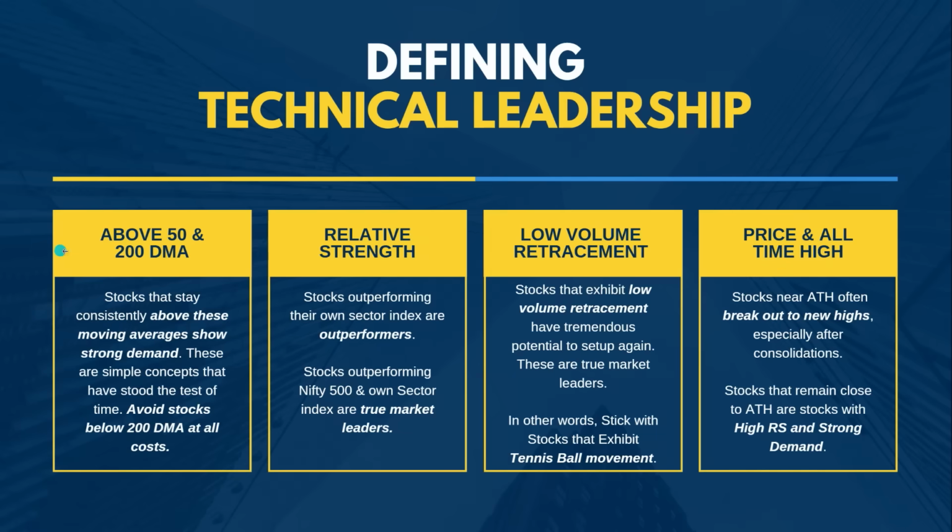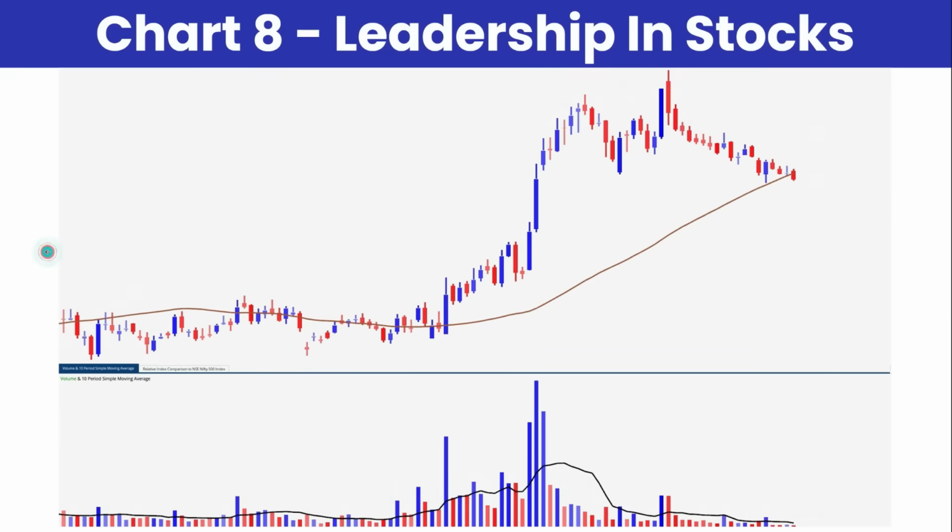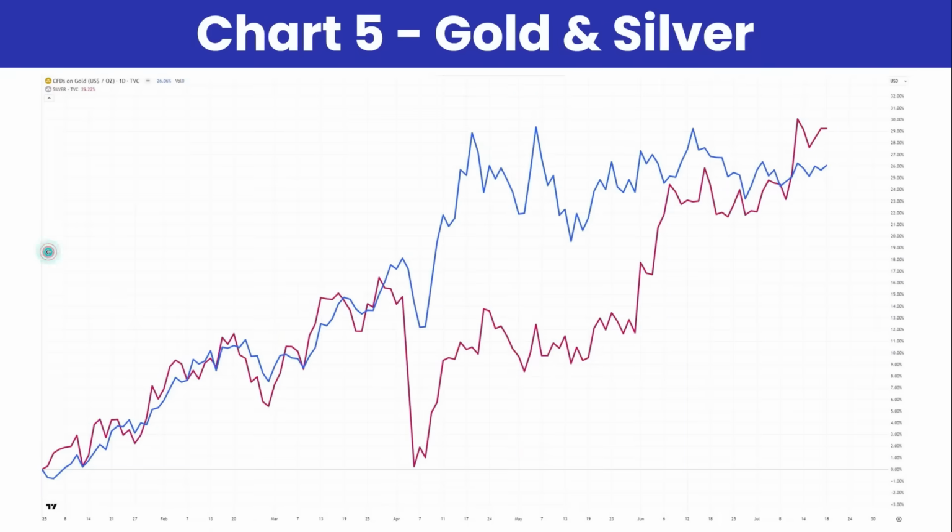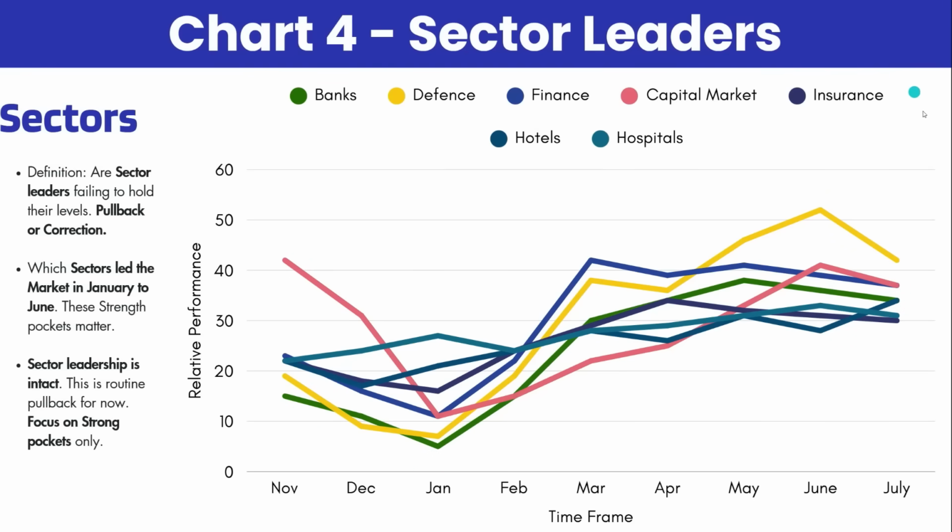You have to understand that if we head into a deeper pullback to something like a 200 DMA, then the strength pockets of the market are where I will focus again. The majority of my portfolio revolves around these sectors only. So if Nifty 500 were to go down and retest 50 DMA and breach it, perhaps the 50 DMA pivot also, and then move towards 200 DMA, then certainly these sectors are also going to fall a lot. And that is when I will make use of that pullback or correction and allocate more money